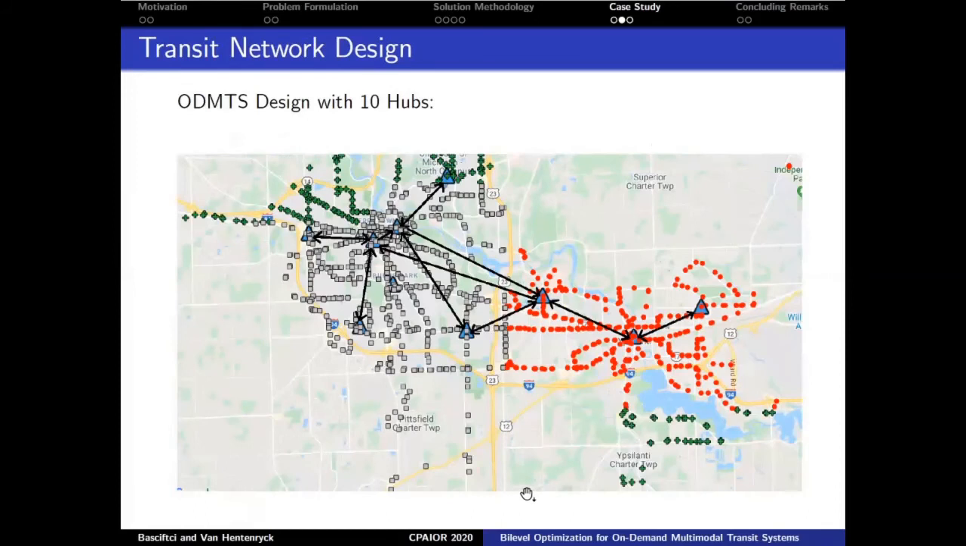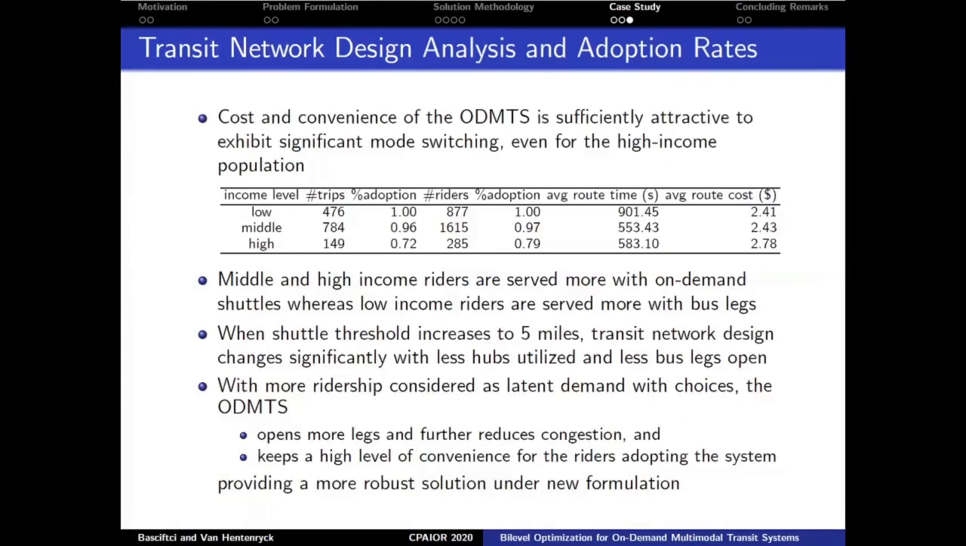So here's an illustration of an ODM-TC design with 10 hubs, where red, gray and green points correspond to the low, medium and high income riders' bus stops respectively. We can observe that all hubs are connected in this design. And if we examine the cost, convenience and the adoption rates, in the first table we can observe that the adoption rate is really high,